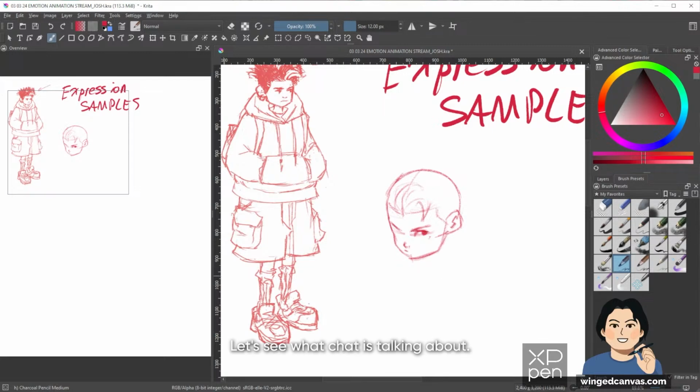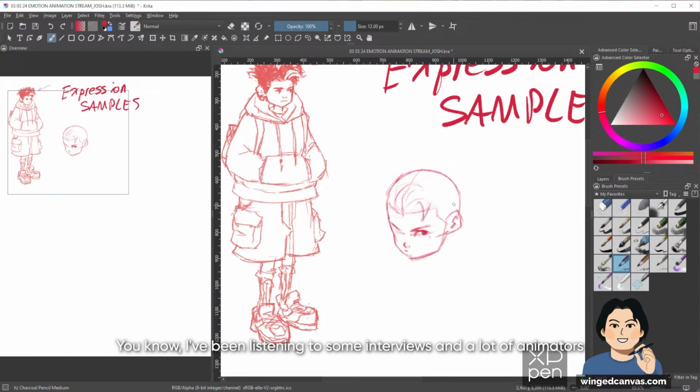Let's see what chat is talking about. I say a lot of times it's eyes, eyebrows, mouths that will often make the big impacts. That is true. We do tend to look a lot at the eyes. The eyes are the windows to the soul, so yeah. Has the most impact on facial expressions?